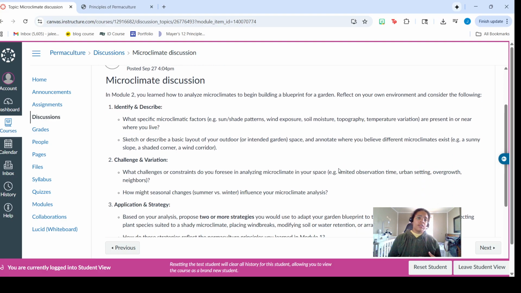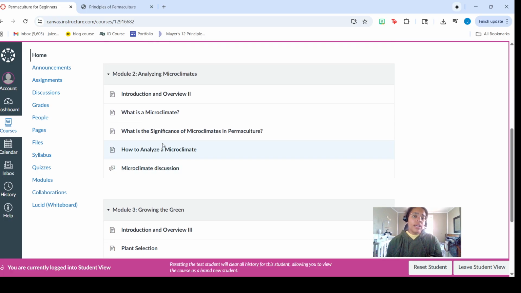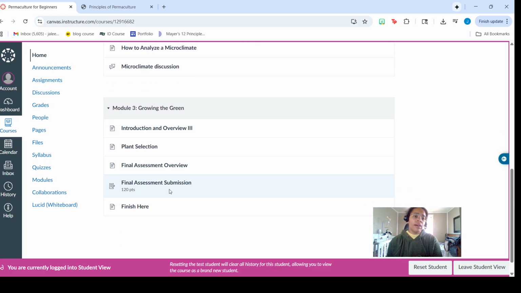The students are going to identify a specific microclimate in their area. And then I would also like to take you down, because that's how we end Module 2. And Module 3 is where we have our final assessment. So I want to skip down, and I really want to take some time to go over this and go through the